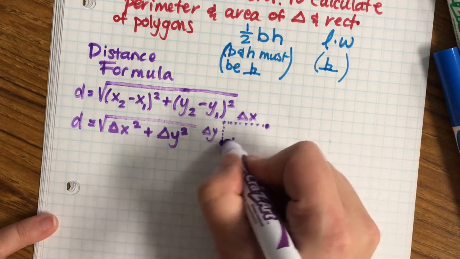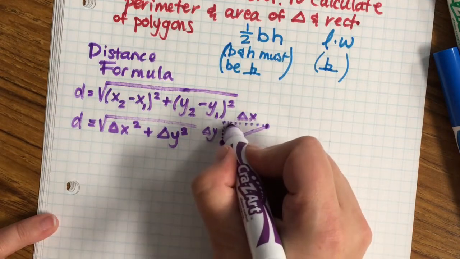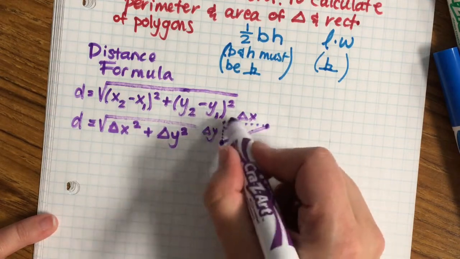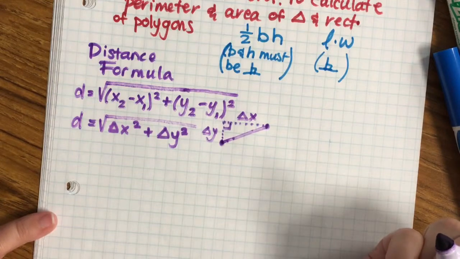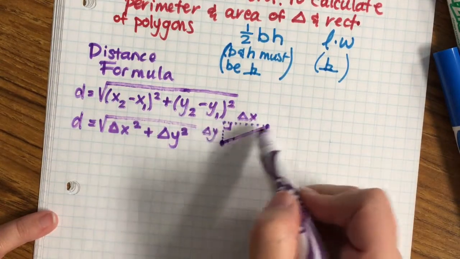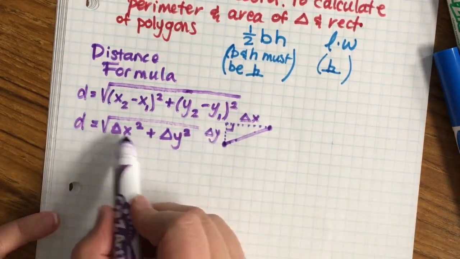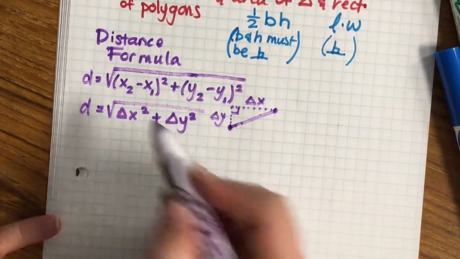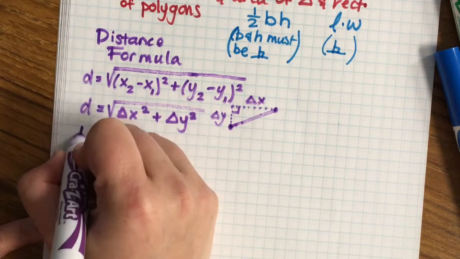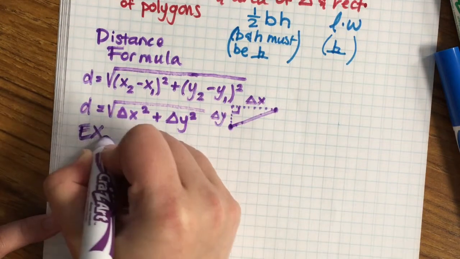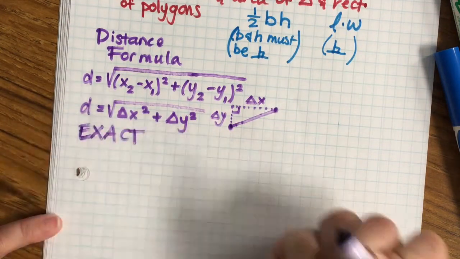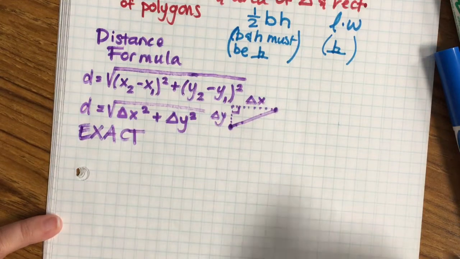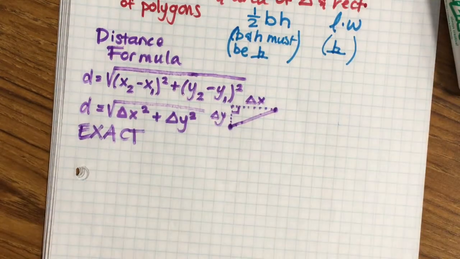Notice that this distance right here is really just the hypotenuse of an upside down right triangle. It's the hypotenuse of a right triangle. So we're really just using a squared plus b squared equals c squared. And if your answer says exact, if you're supposed to find the exact answer,